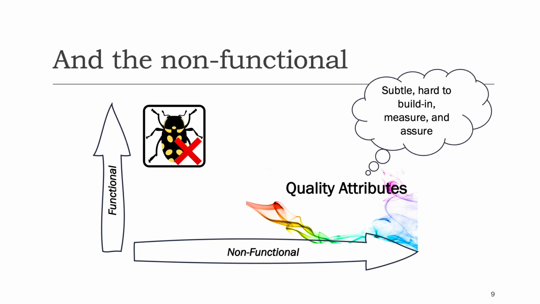The second dimension of software quality is the so-called non-functional dimension. Non-functional software quality is the fact that the system has a handle on its technical debt and satisfies different quality attribute characteristics. The quality attributes that we will study are the core part of this dimension. And actually ensuring these qualities in the software that we build is very difficult, and the presence of quality violations is much more subtle.